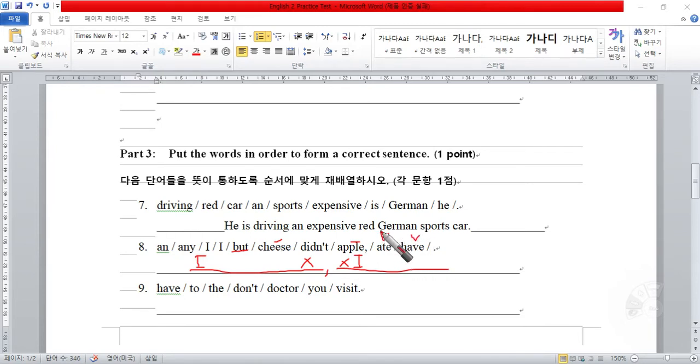Okay. Now, one verb is in the past tense, one is in the present. Okay. And it looks like this auxiliary verb is in the past tense. So probably didn't have are together in 8. So those are probably your 2 verbs, a positive in the past tense and a negative also in the past tense, the auxiliary verb taking that. This is apple. So, all right, I think it's probably going to look something like this. I ate apple, but I